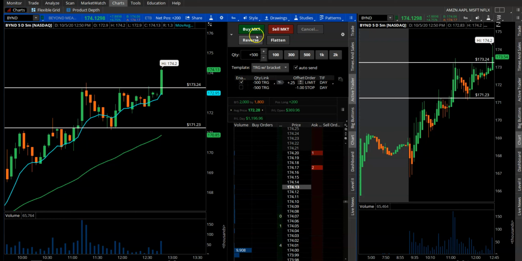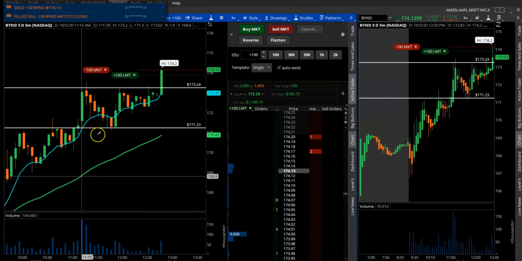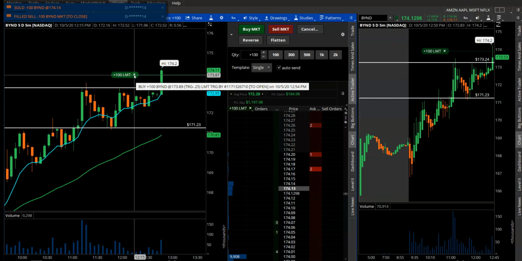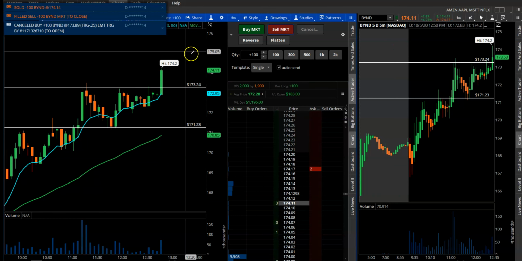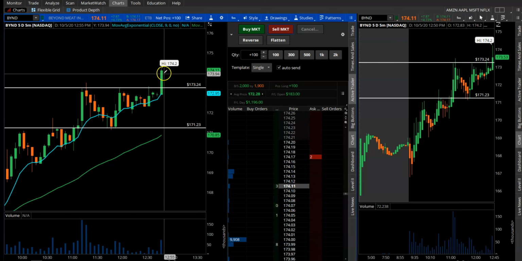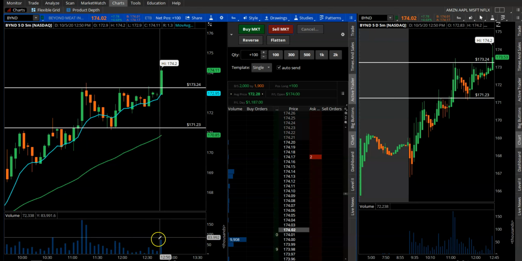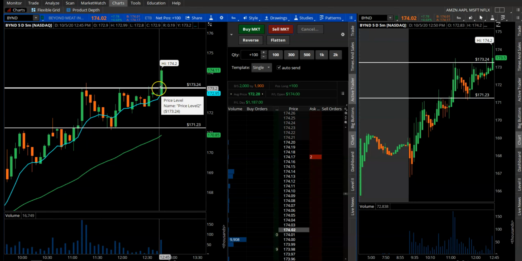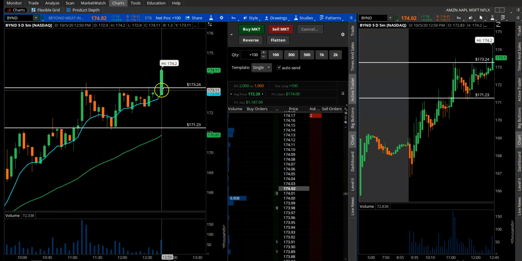So I'll sell maybe 100 here, okay? And oops, that was a bracket order, forgot about it, but I sold 100. I'm gonna just keep on writing 100 here. You can see how much volume it is now on the 5-minute chart, and this is comfortably closing above here